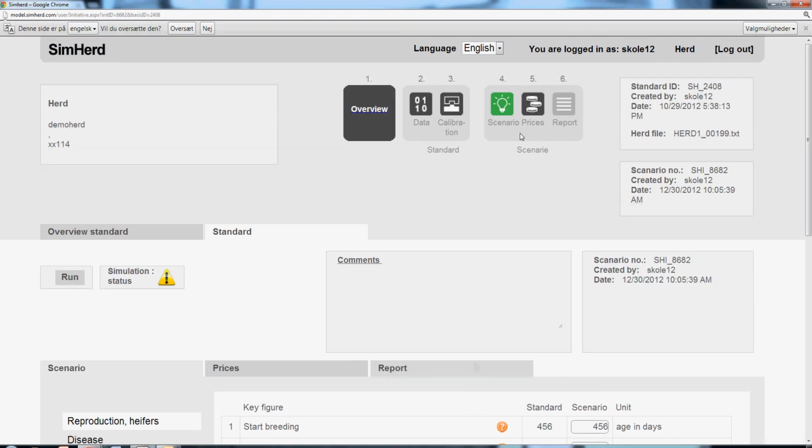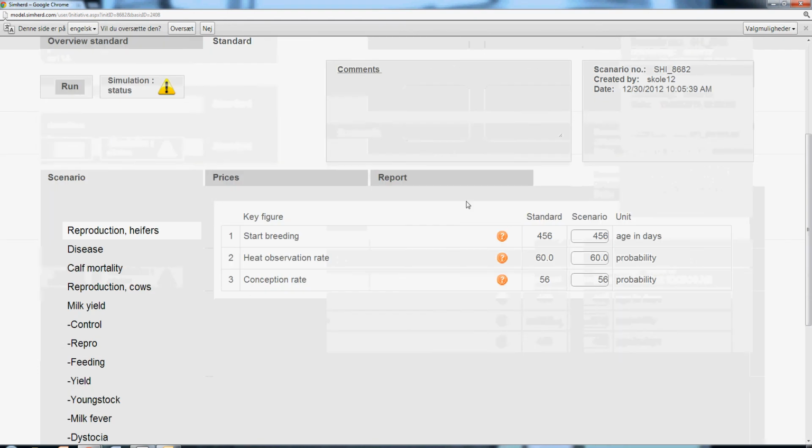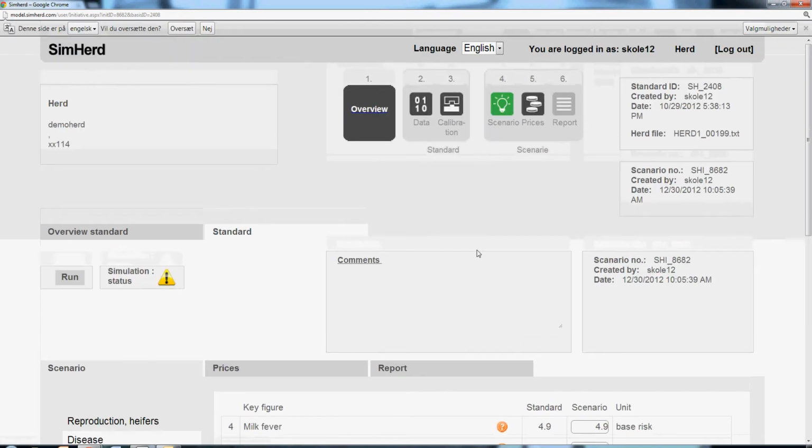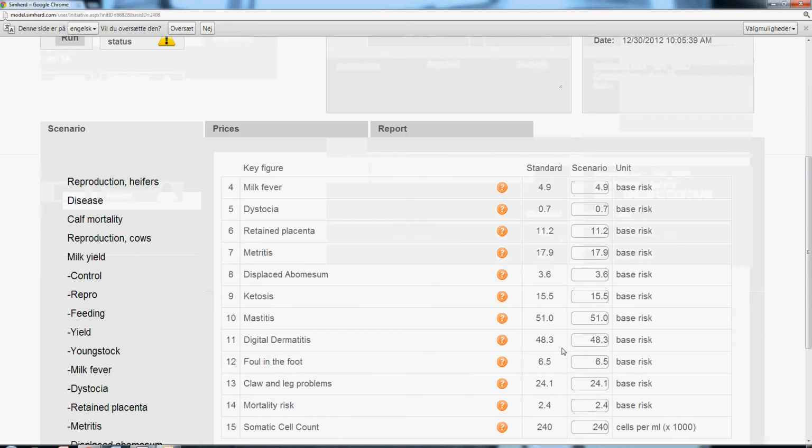You can also see here in the top, this is step 4 where it's green, that's where you are here, and here you can see the column where the values are shown for the standard. These ones you cannot change, but now in the scenario you can enter some alternative values here. And if we for example go to disease, we can analyze a lower risk of mastitis,